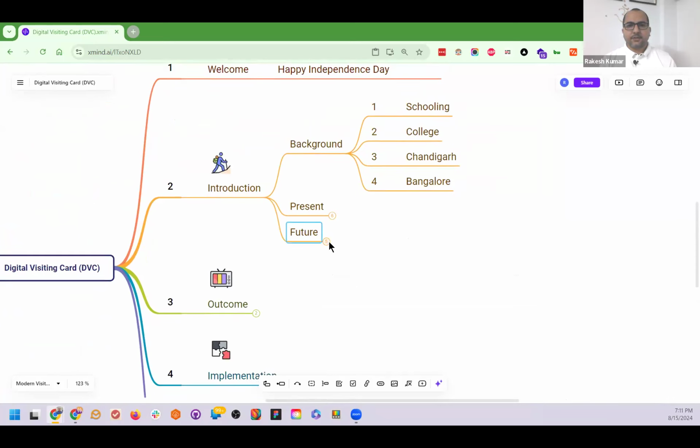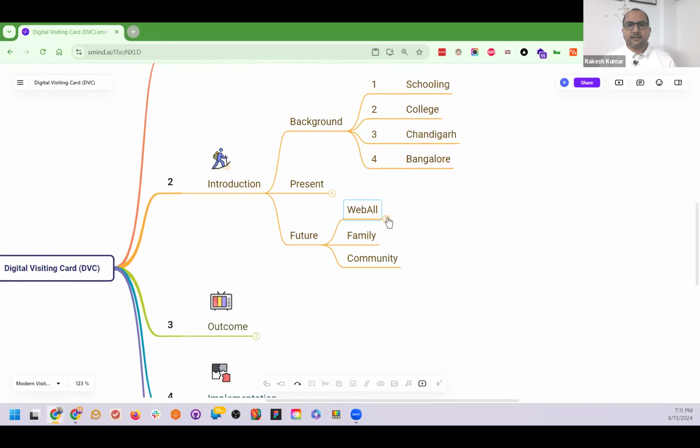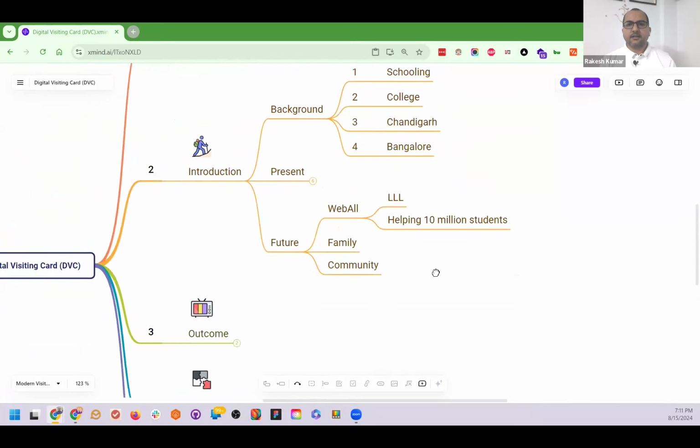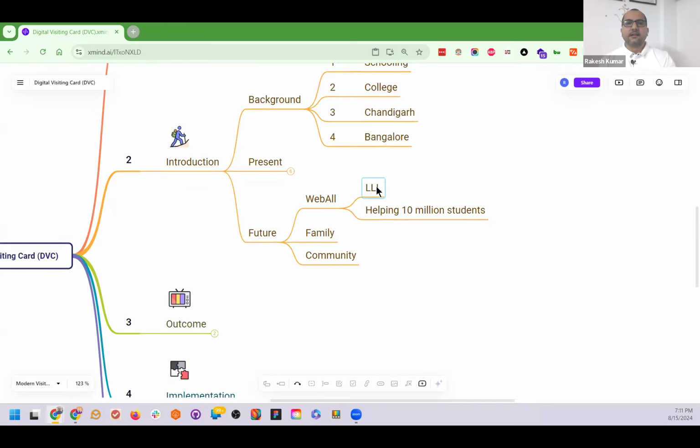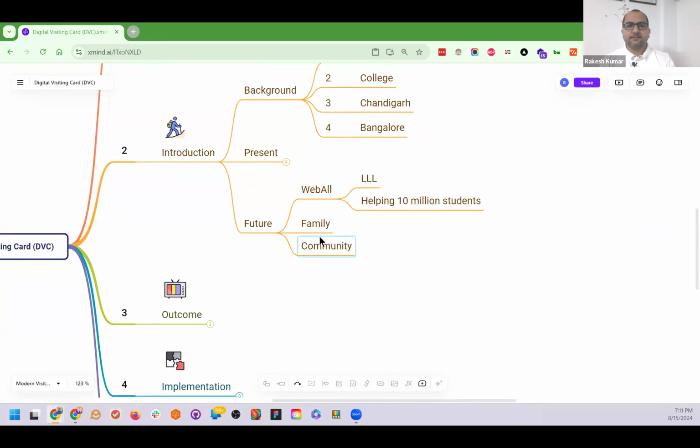Now the future which I see for myself is in WebAll. So it's like a lifelong learning for me as well as for the company. And we are here to help 10 million students. And then of course, I want to spend more time with family. So this is what I look in the future side. So working on WebAll, on spending more time with family, and also creating a community of